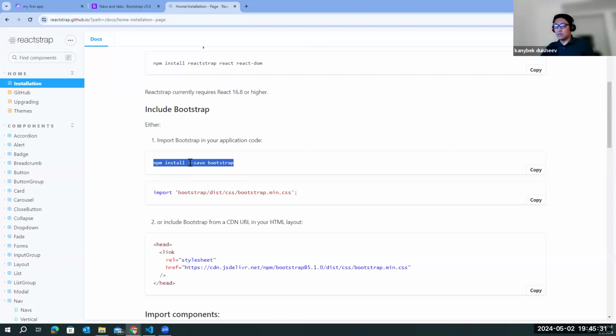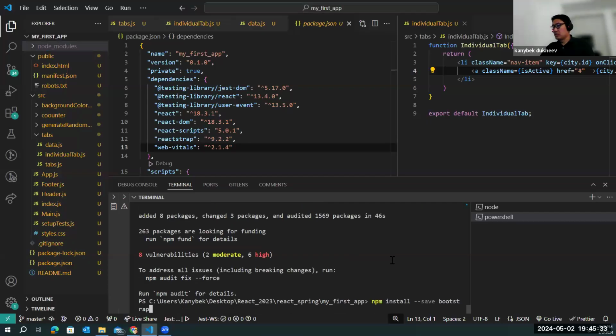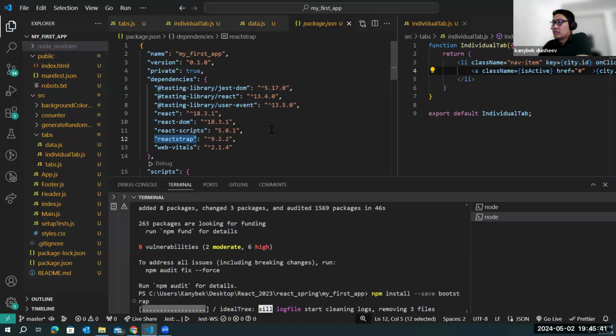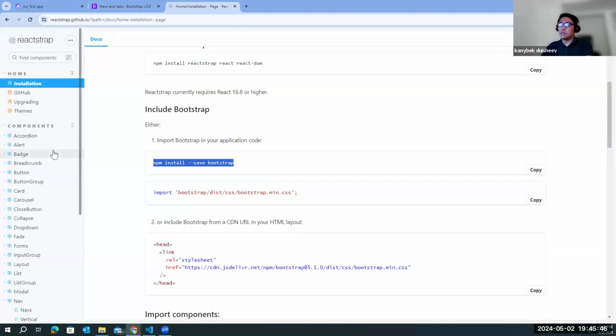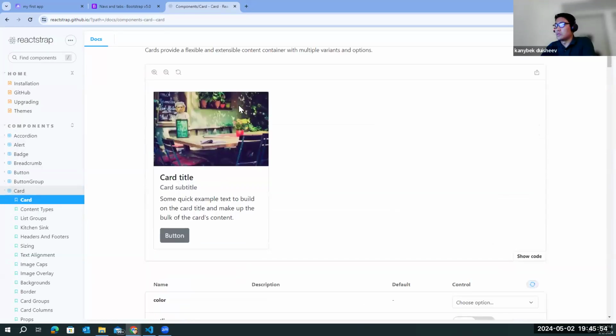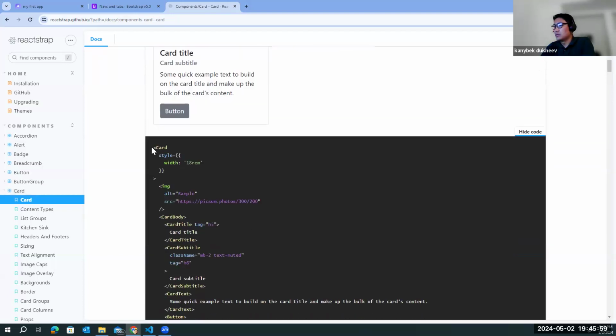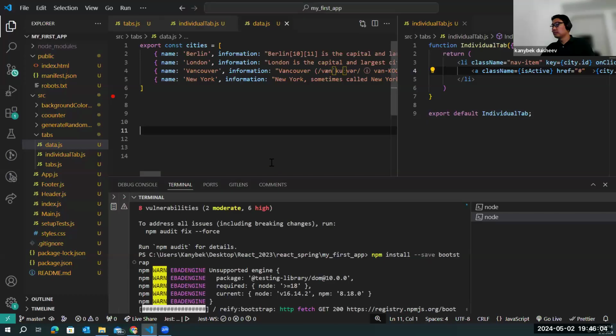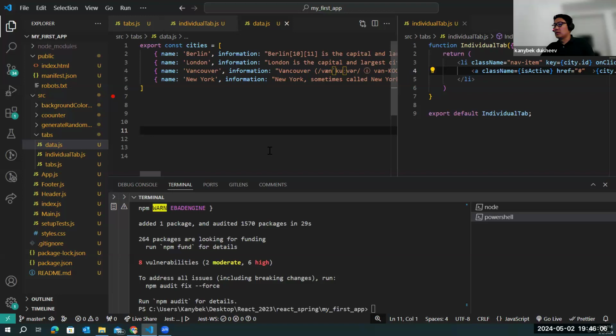So once we install, okay, let's install this too. And you see Reactstrap. Now we have Reactstrap, and we're going to have bootstrap too. They will work together, and you can now start getting the components from Reactstrap. So for example, if you would like to build a card alongside some sort of images, you just have to copy the code. Let's go here, and then,